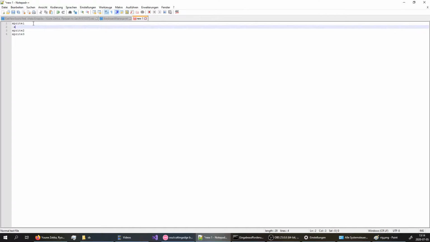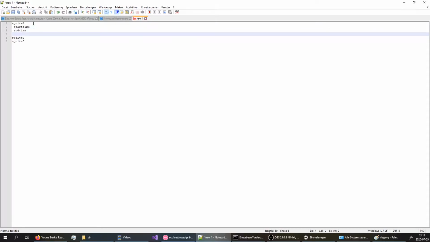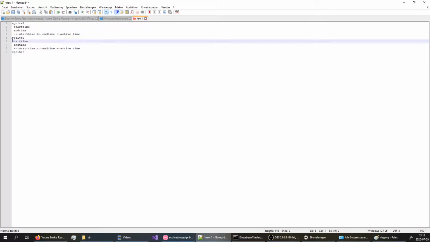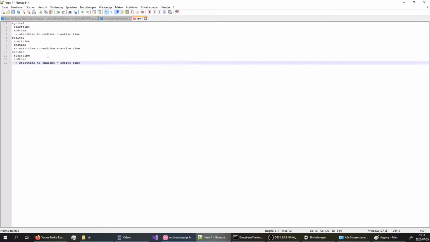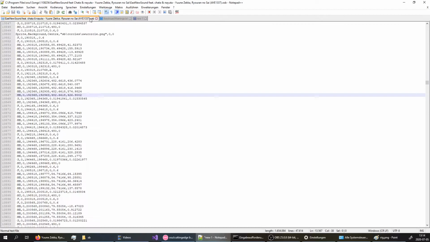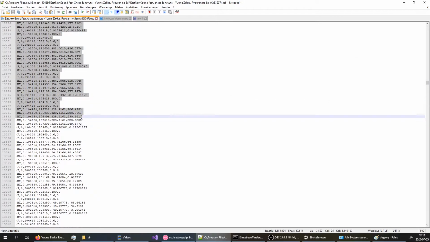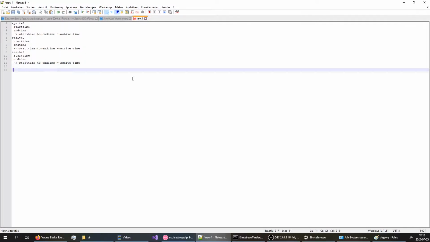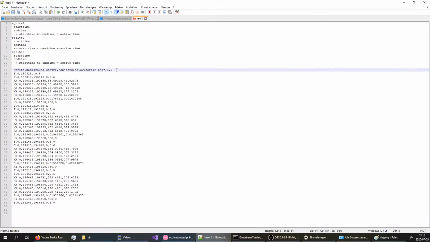And so you have start time here, end time here, and the duration from start time to end time is the active time. So during this entire duration, osu keeps looking out for the sprite, and this happens for all of these. So the difference now between having this, and instead having